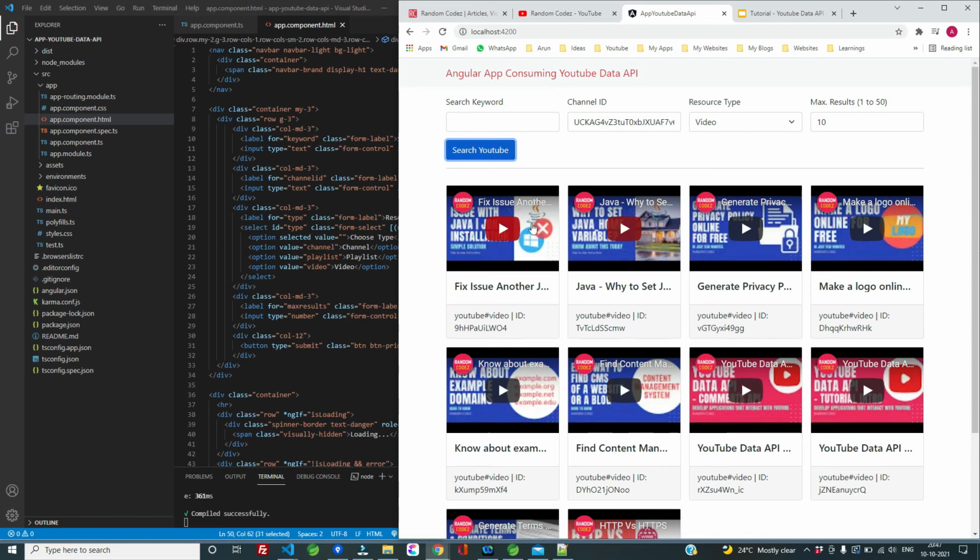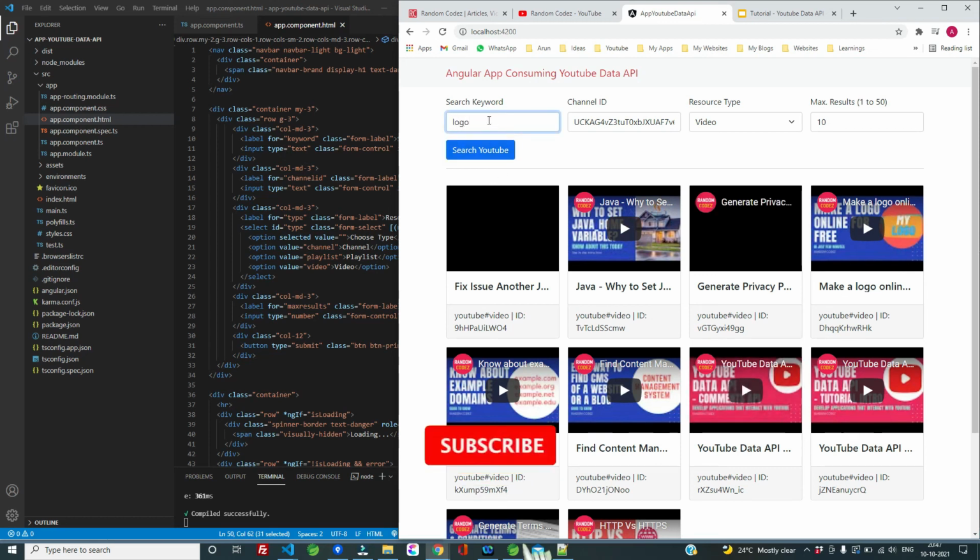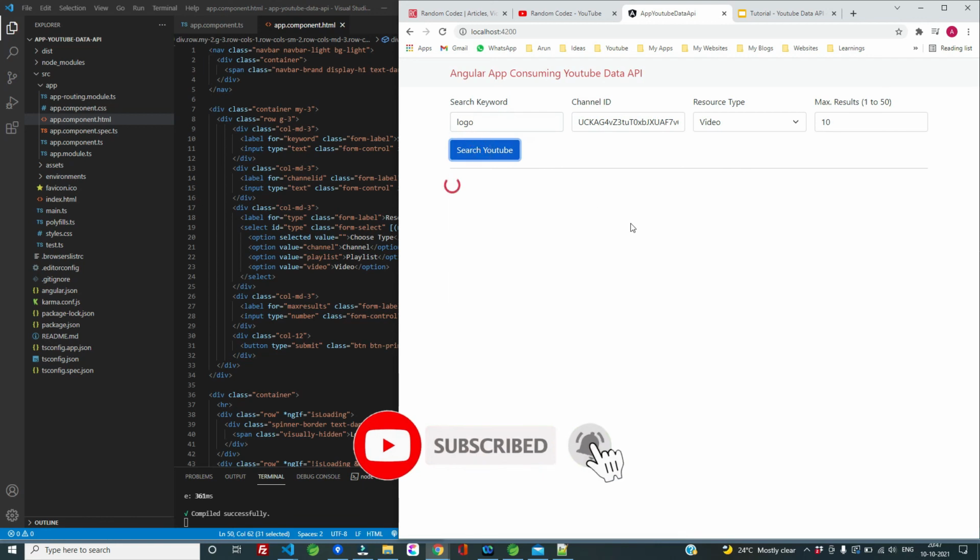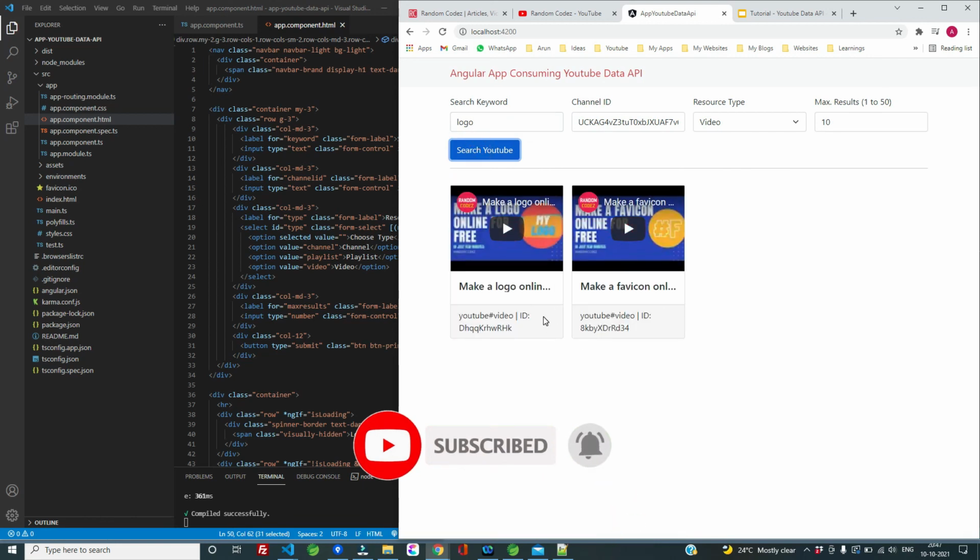In case I want to find a specific video on this channel, then I can add the keyword as well. For example, logo. Now I got two. One is about make a logo online, and the other is make a favicon online video. This is how we can change the input values and modify the search.